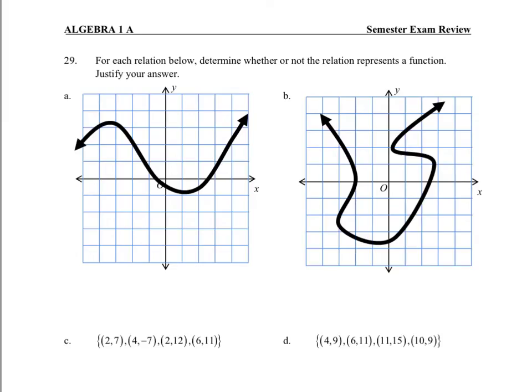Question number 29. For each relation below, determine whether or not the relation represents a function. Justify your answer. So remember, we're looking for a function, which means that for every x, there's only one y. When we look at graphs, we can do the vertical line test to see if there is ever a point at which a vertical line crosses the graph at more than one point. With question A, it does not, so the answer will be yes, it's a function